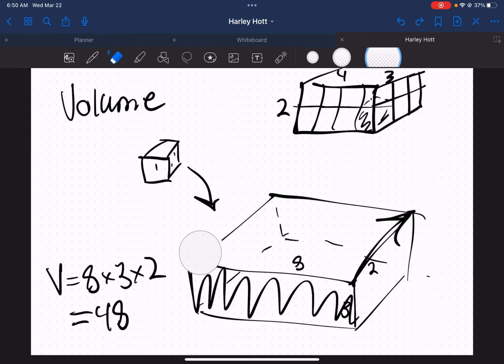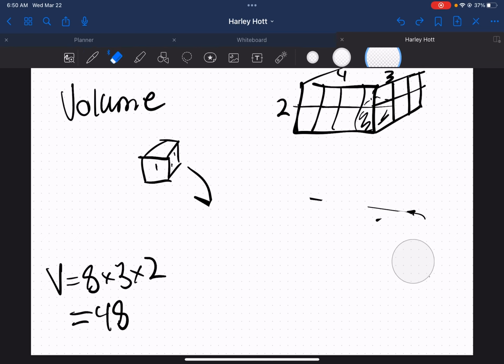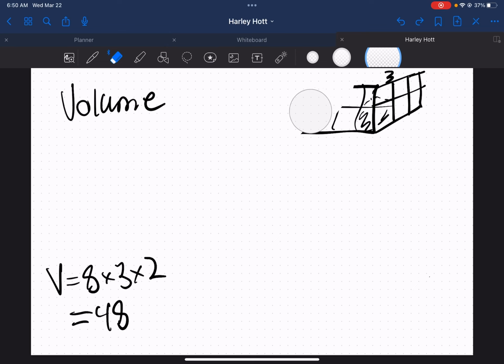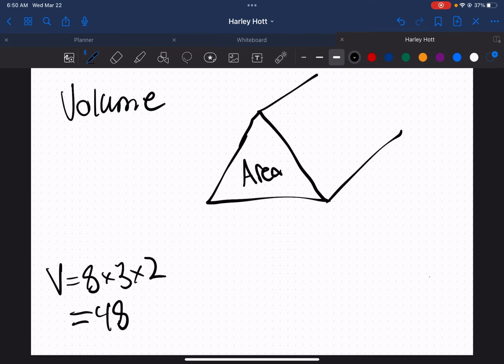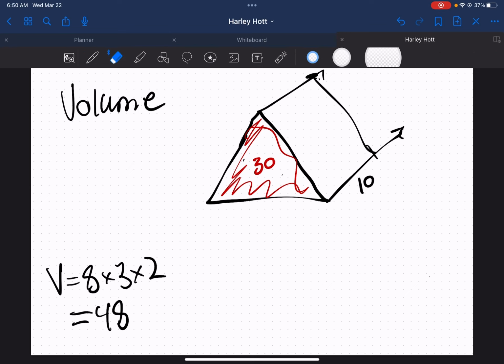Now, the volume of complicated shapes, you can get as complicated as you want when it comes to prisms. If we have a triangle like this, all you need to do is find the area of that first shape and then multiply by how far back it goes. So if we have this prism, and I told you that the front shape's area, this red shaded area, had an area of 30, and it went back by 10, then to find the volume of this shape,